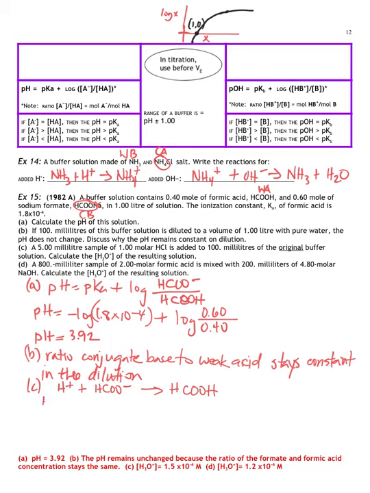I'm going to ICE it, and I'm going to work in moles because there's a lot of things going on, and I'd like not to have to dilute each of my concentrations. So the first thing I want to do is multiply these two, and I'm going to convert this into liters first. So multiplying liters times molarity will get me a certain